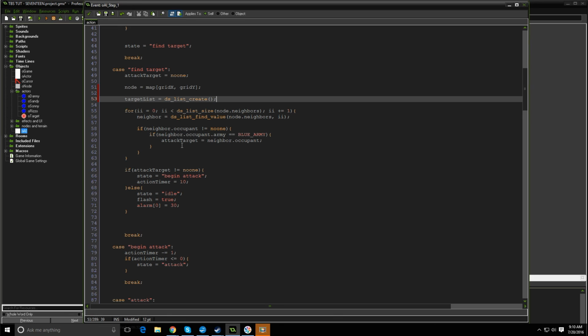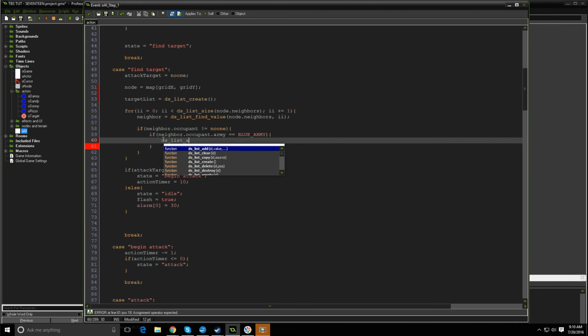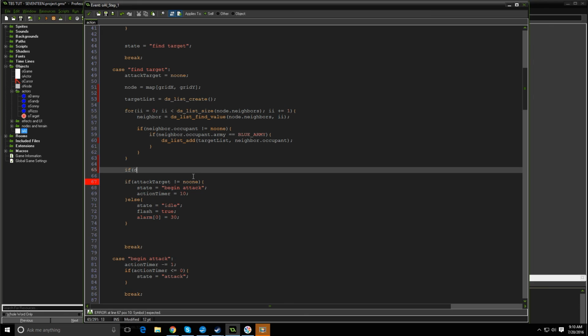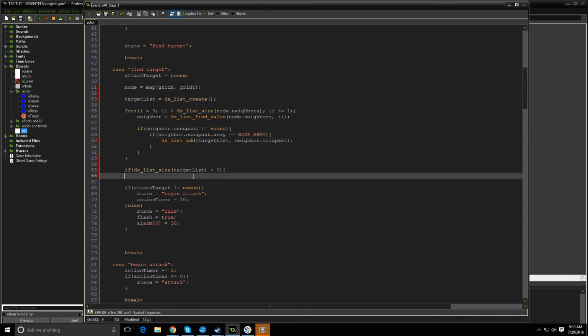Great. And then instead of just overwriting an attack target variable over and over, we're going to add them to this list. So ds_list_add(target_list, neighbor.occupant). Great. And then in here, when we're done, we want to pick one. So if ds_list_size(target_list) is greater than 0,